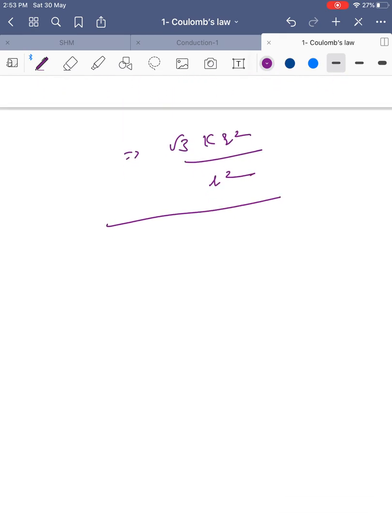Now to simplify this very easily, this is F and this is also F, because both sources are the same. They are making an angle of 60 degrees. What is the resultant force? It makes an angle of how much? 30 degrees. If you don't understand this way, just apply tan alpha is equal to